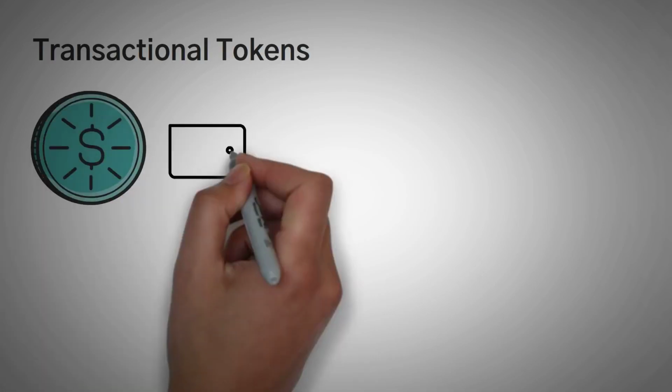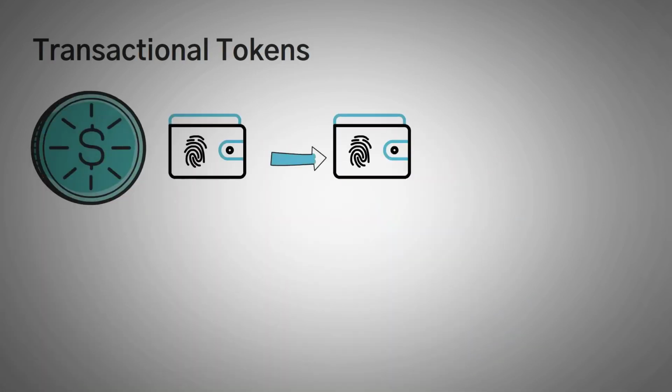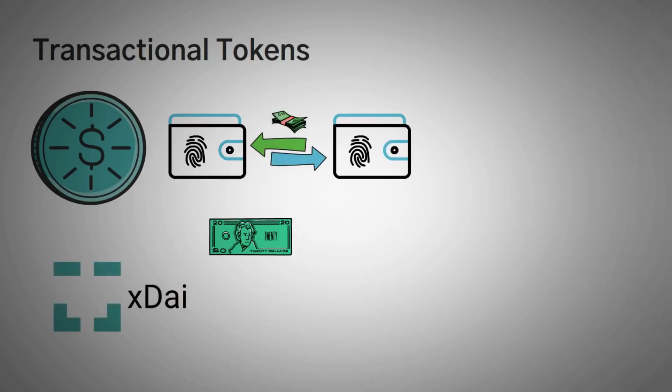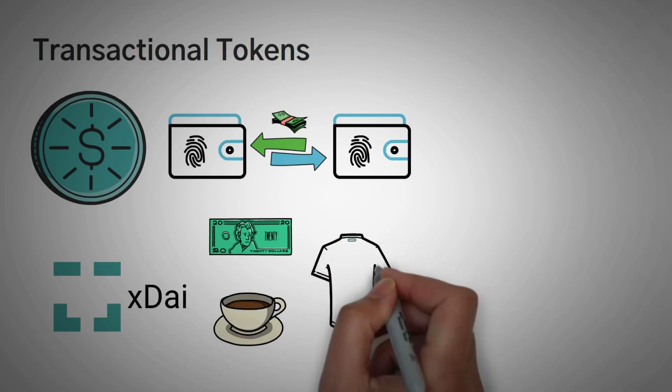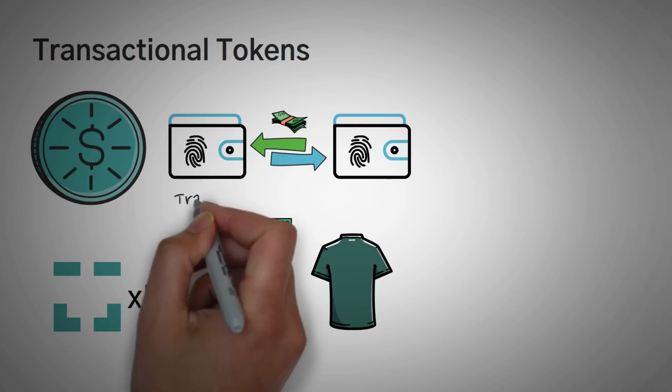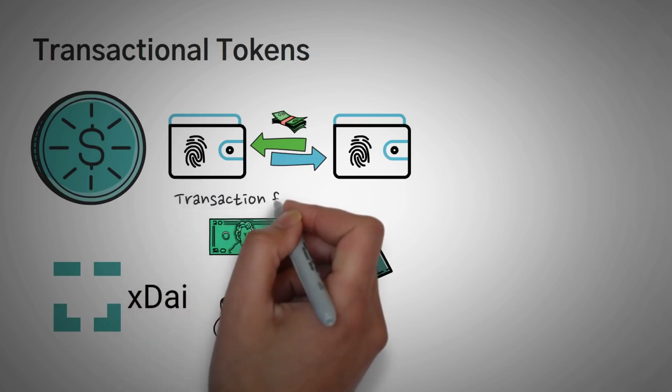Next up, we have number 3, which are transactional tokens. Transactional tokens are used as a fast and easy way to transfer money. If we think of the coin XDAI, it is currently pegged to the United States dollar, and it's easy for people to pay for, say, maybe coffee, or buying that shirt you like at that local store. You can use it the same as cash. However, the expenses of it are super low. Right now, the transaction fee is